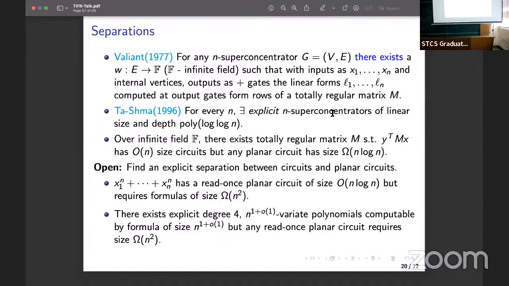We don't know how to get an explicit one. And the matrix M, once you have the graph fixed, the super concentrator is fixed, it's just a weight function. Does that mean in the matrix that you have, these locations should all be zero, and there are some stars, and you don't know what the stars are? Over infinite fields,